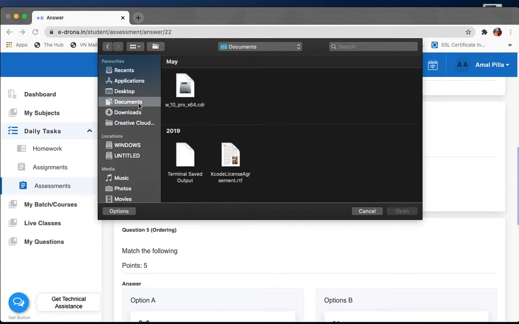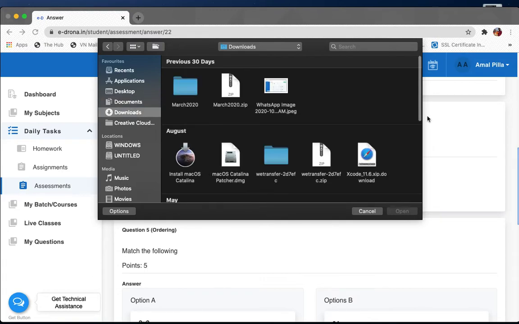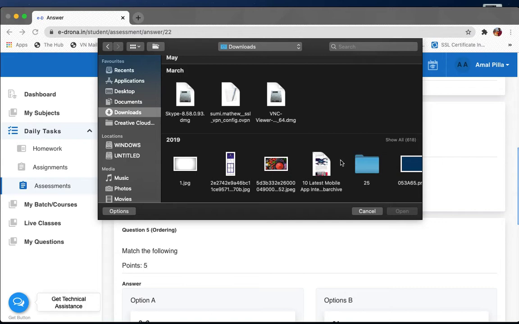As a student you'll have to correctly enter the answers into an Excel sheet and then upload the relevant document. So right now as you can see I'm trying to upload an Excel sheet from my respective device. Right now I'll be uploading a document here.